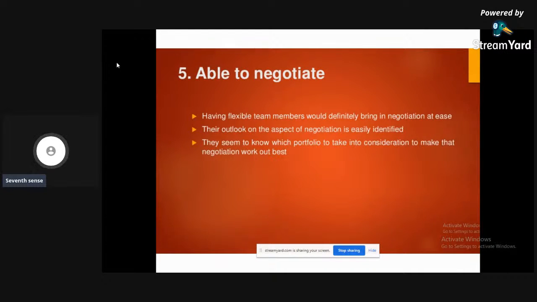Suppose they tell you a 3 lakh package, and you say, no, I want more, I want a 5 lakh package. They will negotiate, saying we can't give a 5 lakh package. At this time you should know where to stop, till where to negotiate, and how far you can reduce the bargain. You can't reduce it too much.